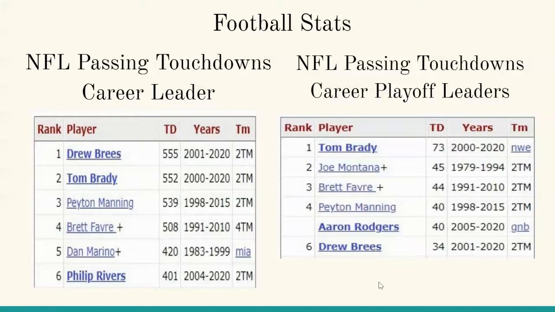Would one set of this data serve a different purpose than another? So on our data on the left, we have NFL passing touchdown as our career leader. And then on the right, we have the NFL passing touchdown as career playoff leader. And you'll notice that that significantly adjusts the placement of some of these people on the list. So for example, if you really don't want to say that Tom Brady is the all-time best, then you might want to look at the data on the left. But maybe if you're saying I want to do more to show that Tom Brady is better, then you're picking the list on the right. I mean, whatever, right? So this is all based on just what specific games you're looking at.